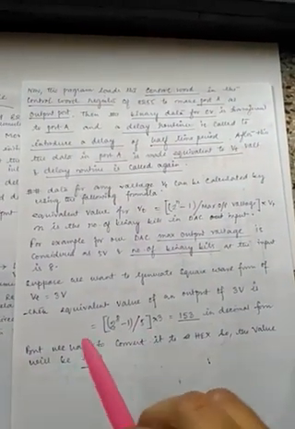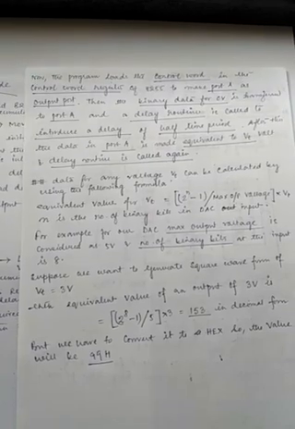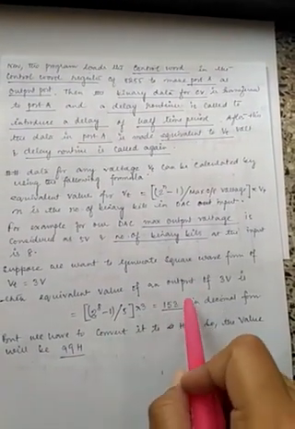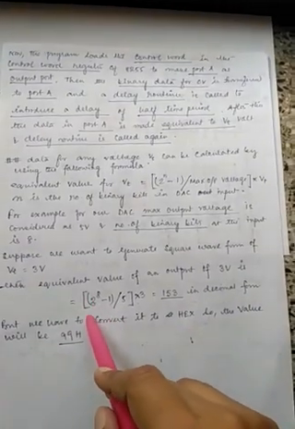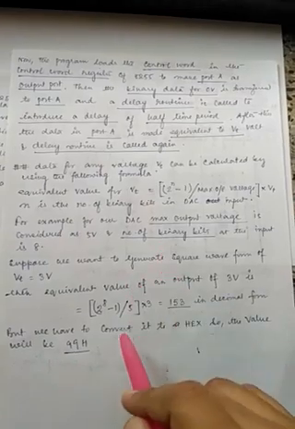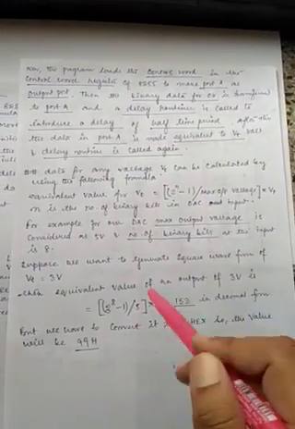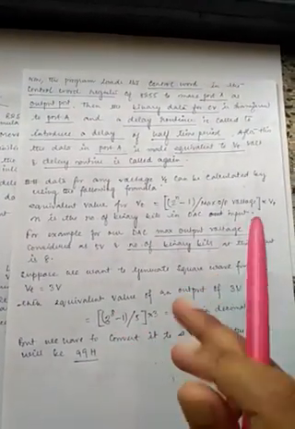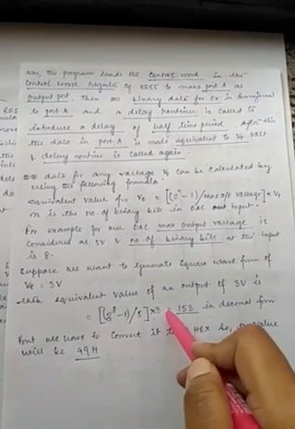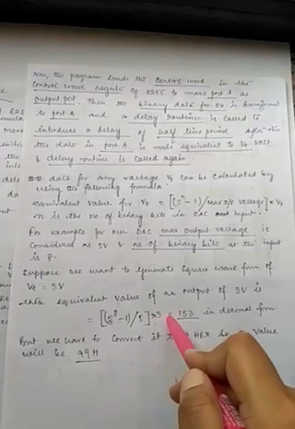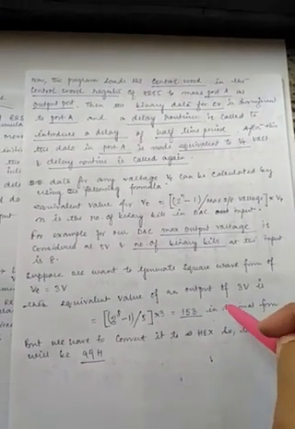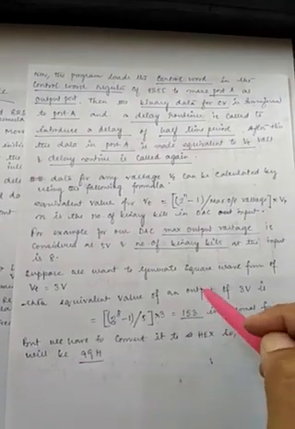Here I am going to generate the square waveform for 3 volt, right? So what will be the equivalent value of the output for this 3 volt? This is equal to 2 to the power 8 minus 1, because n equal to 8, divided by the maximum output voltage. Maximum output voltage I have treated over here as 5 volt. So this is 5, and the whole portion is multiplied by 3, because we are designing it for 3. So this is 153, but this is in decimal form, so you have to convert it to hex form,